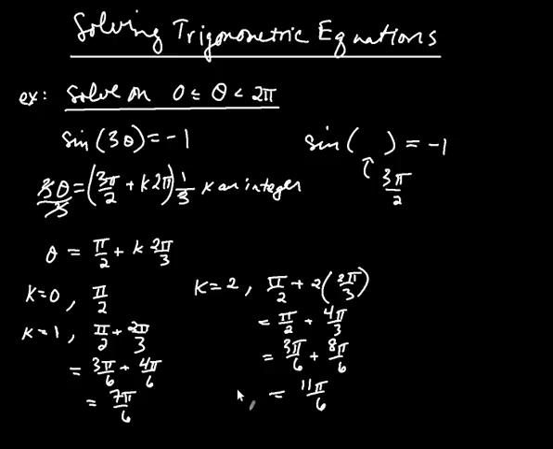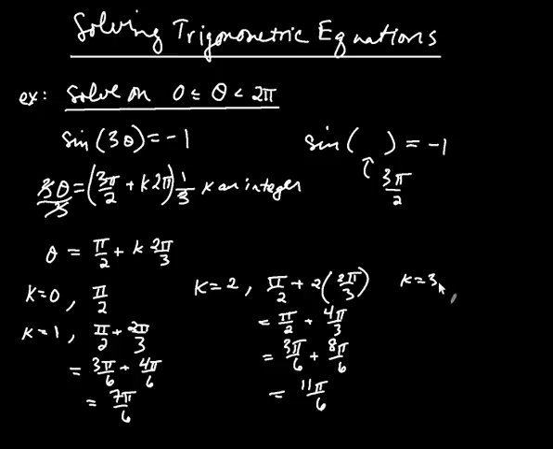So once again, we have a new value of theta, right? 11 pi over 6. And the question you have to ask yourself is, is that theta between 0 and 2 pi? And the answer is yes, because 2 pi is 12 pi over 6, and this is a little less than 12 pi over 6. Now notice if you go one more value, if you go k is equal to 3,